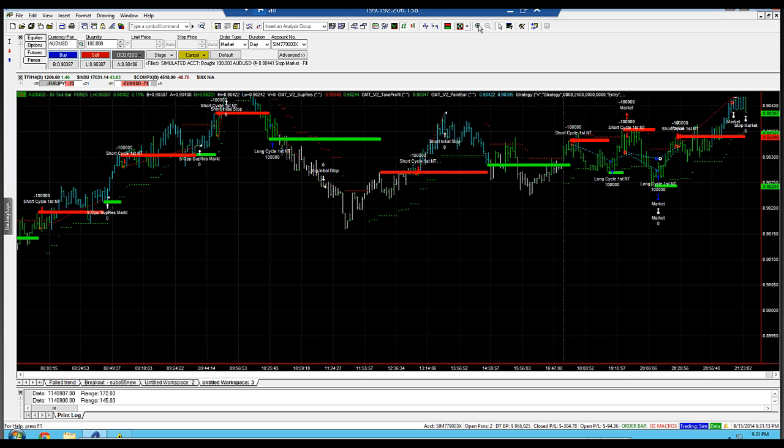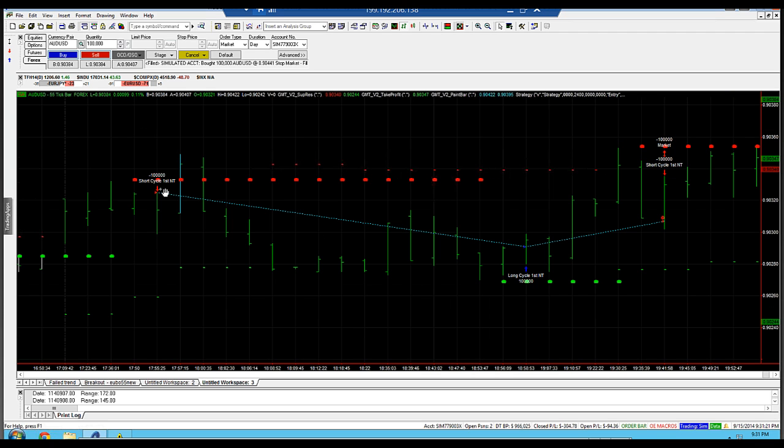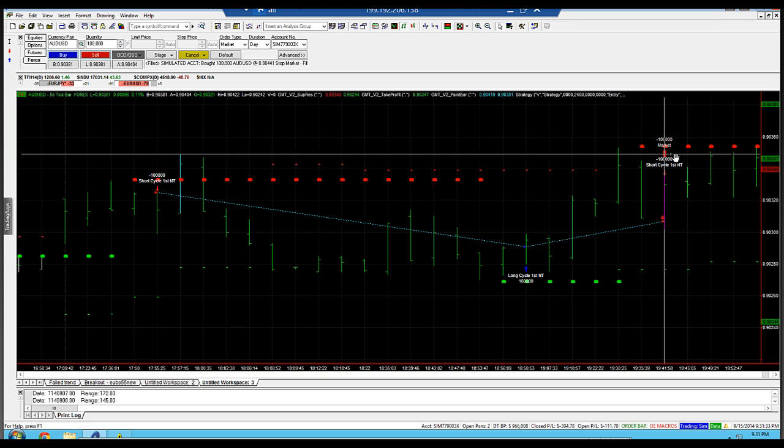So let me zoom up on this one. So the solid kind of square arrows is what the strategy is doing. So here the strategy's gone short, strategy's gone long. And the rounded,